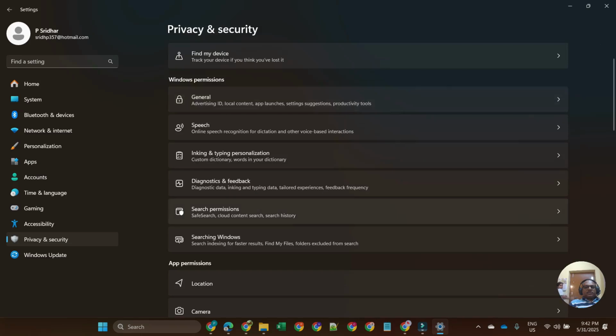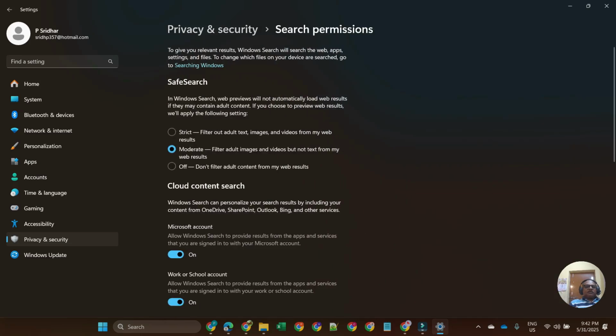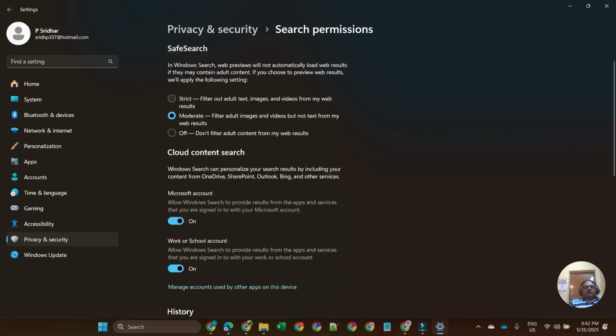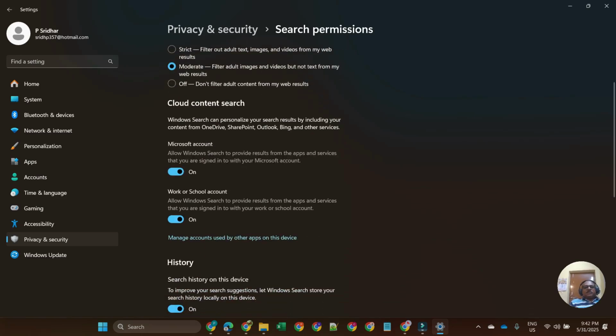Next, coming to search permissions. Okay, you can set the safe search options to different modes. Three modes are there: strict, moderate, and off. You can either put it in strict mode, then you will filter out most of the text which may be for adults, which may not be useful. The moderate option, which is the default, will help you. Allow Windows Search to provide results from apps and services that you are signed in with your Microsoft account. So this also can be